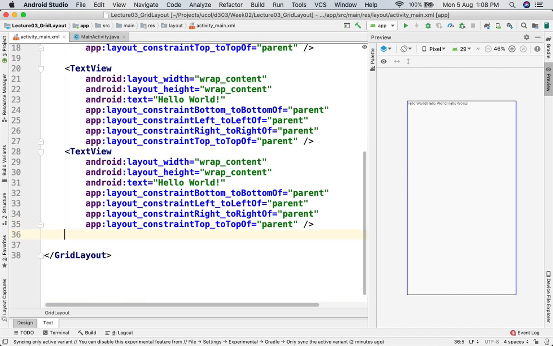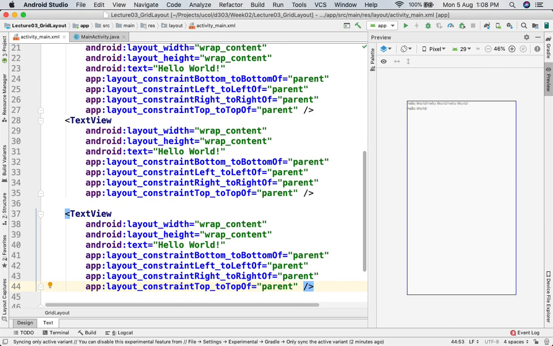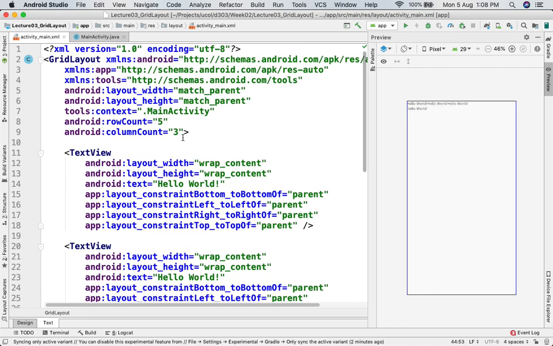Let me add, I'm just copy pasting right now, and look at that. After these 3 columns, it automatically shifted to the next row. So by default, the filling of this table is row wise or horizontal. Everything that you put here will automatically go into one cell. It will fill the row first, and then it will start filling the next row and the next row. And if we change the orientation